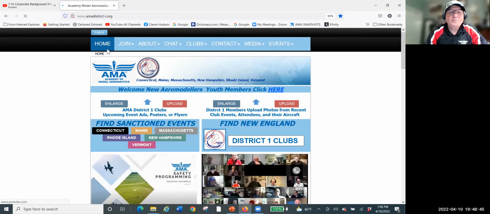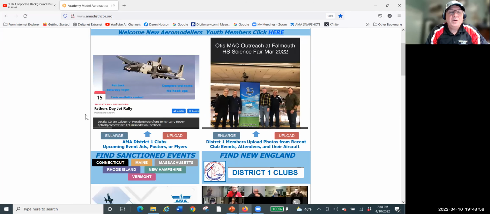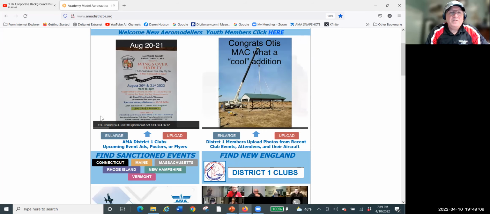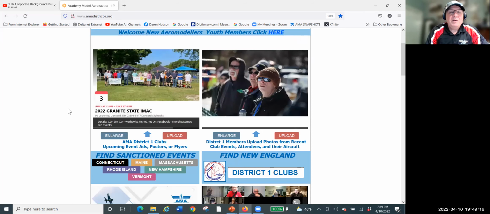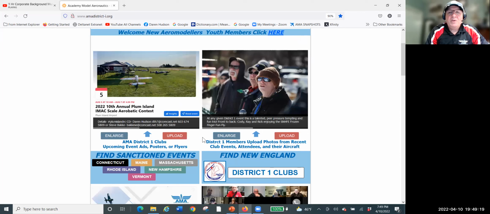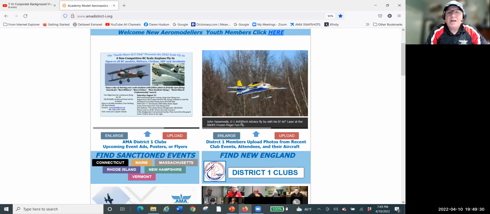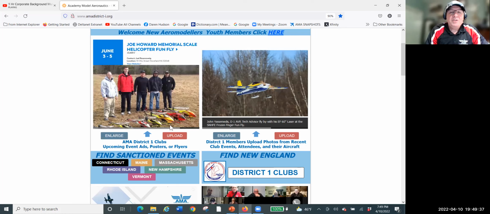So we go back to the home page. If I'm not logged in and I go to my event slideshow, which is on the left, you can see there are different formats being used. These are Facebook event screenshots that you're seeing now. And as it scrolls through, this is a flyer posting, which is perfectly fine with the caption below. It's another Facebook event, another Facebook event. Those were all the ones I did. Over on the right is another flyer that was done, a real nice one. These over on the right are the pictures I talked about, and I tell the members who post, please put some captions on there so people know what the photo is about. But concentrating on our events,